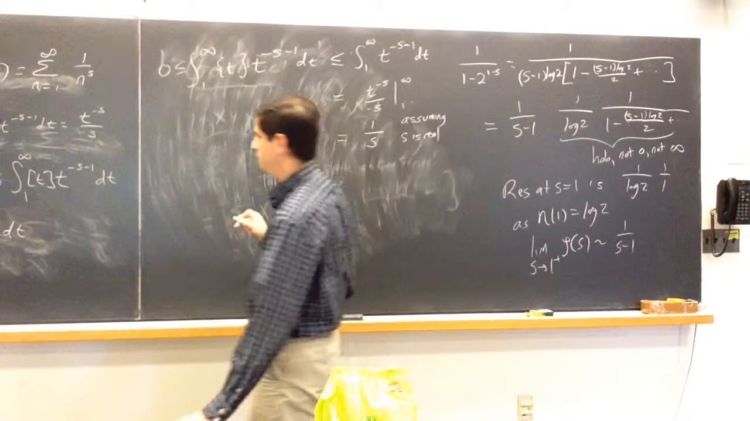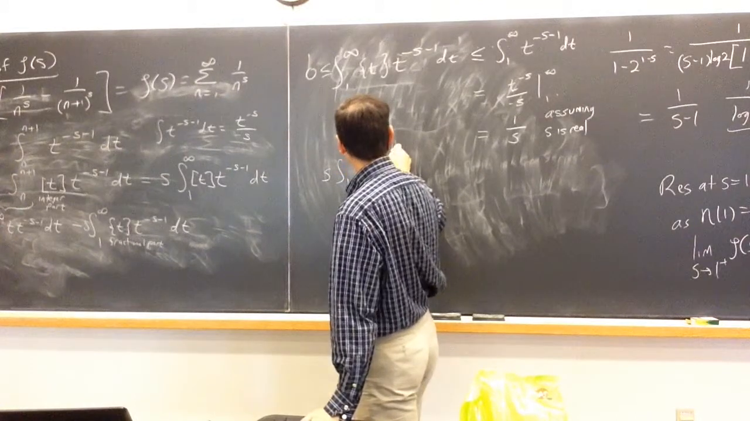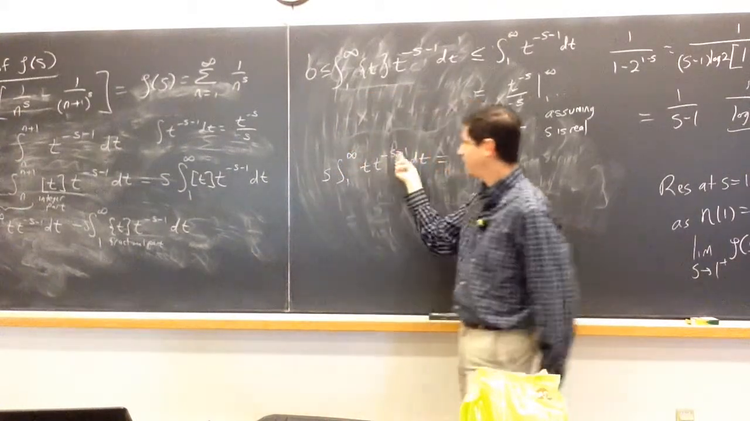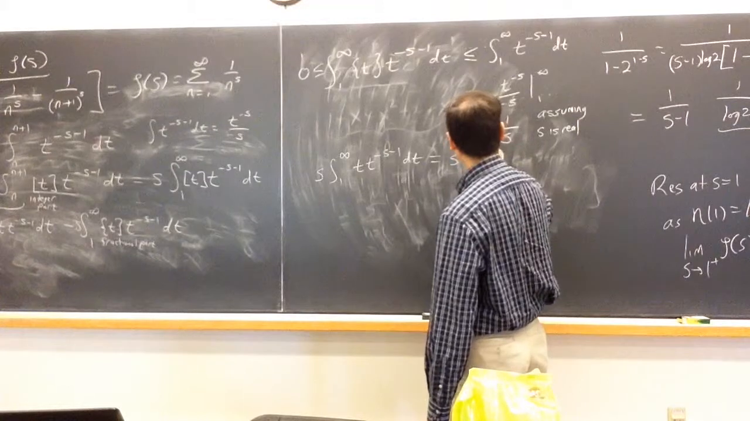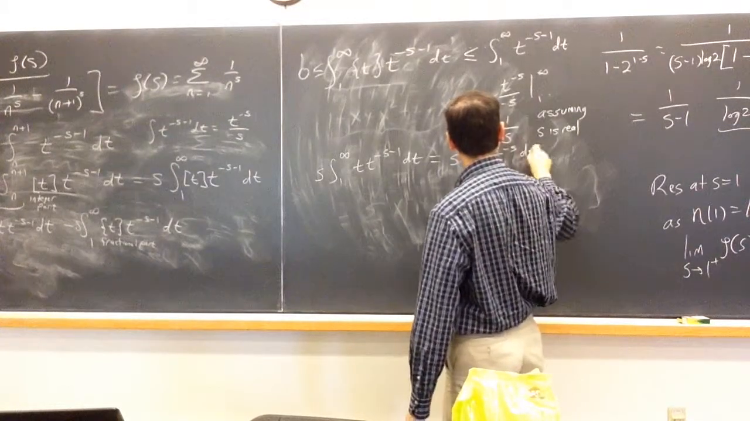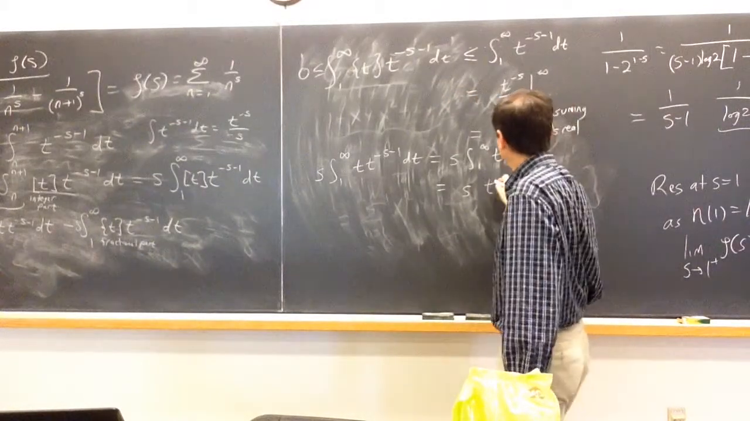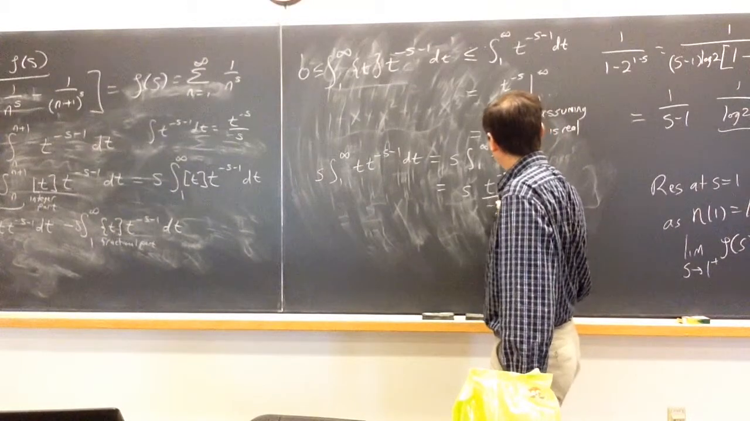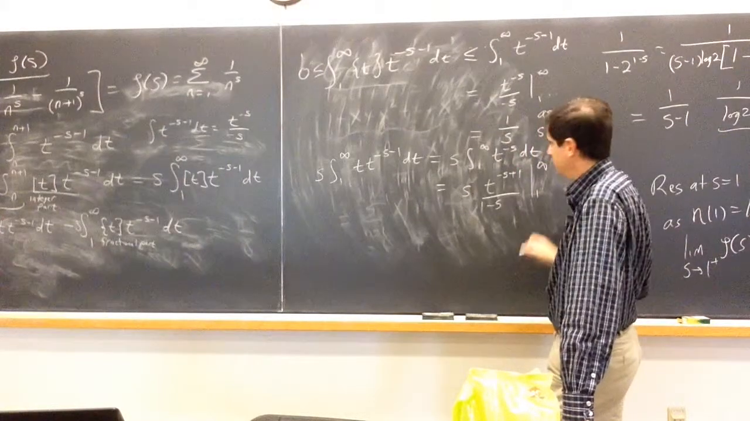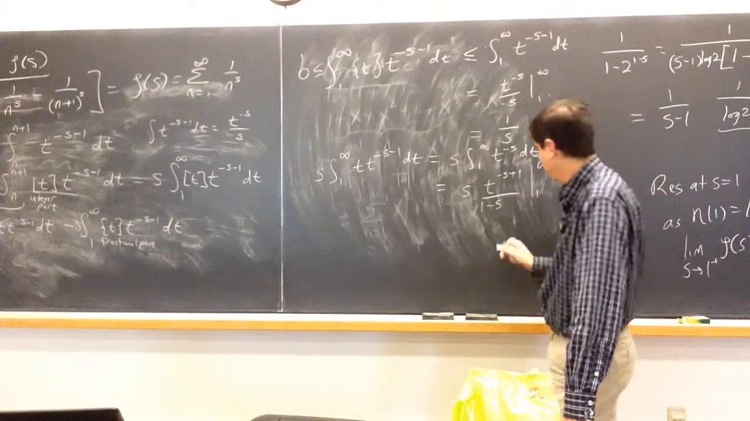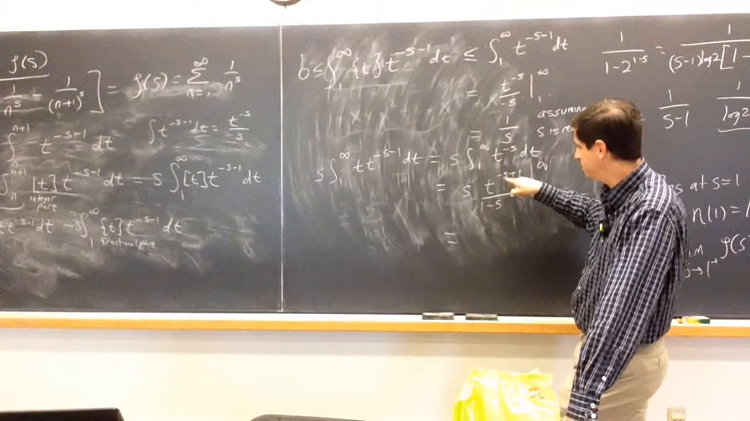Let's look at the other piece. The other piece is s times the integral from 1 to infinity of t times t to the negative s minus 1 dt. Well, I have a t to the negative 1, they cancel, and you get s times the integral from 1 to infinity of t to the negative s dt. So we have s, and now when we integrate this, t to the negative s becomes t to the negative s plus 1 over negative s plus 1, or 1 minus s, evaluated at 1 and infinity. And now, when I put in infinity, as long as the real part of s is greater than 0,